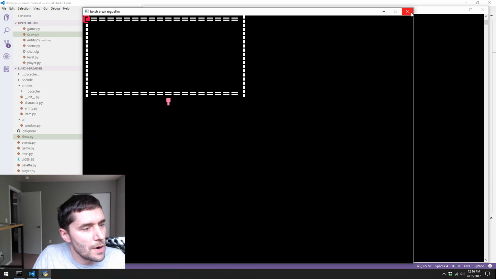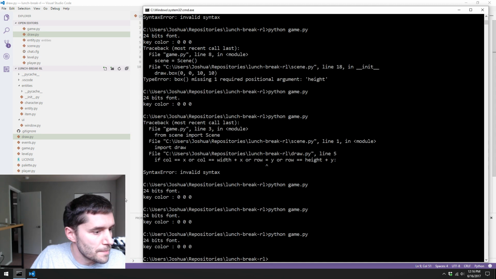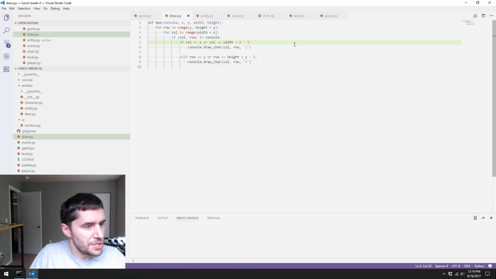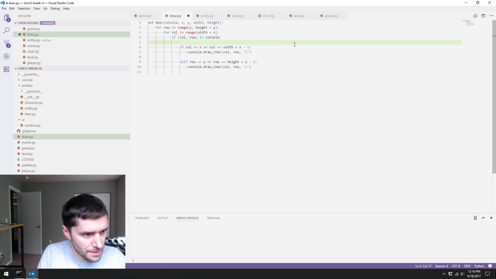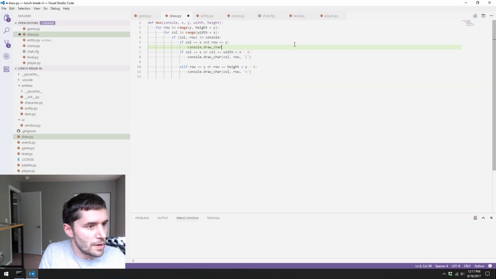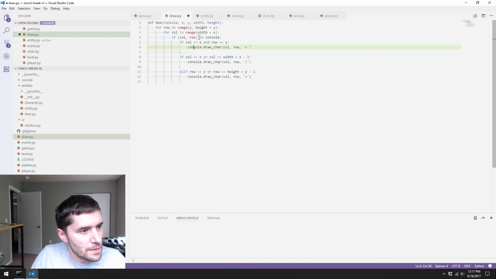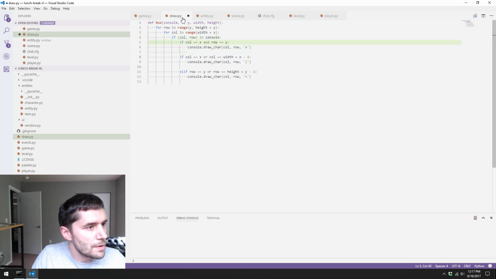So that's closer. Now I want to special case the corners. And I can check for those up here. So if col equals X and row equals Y. So this should do console.drawChar col, row, plus. So that will put it. Also, let me reposition the player, because this should put a